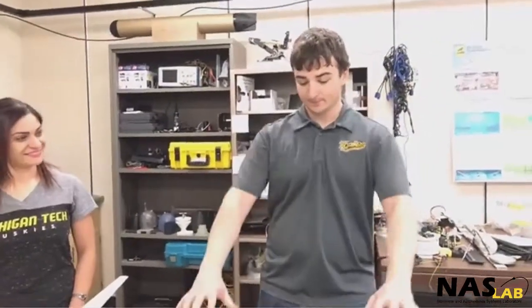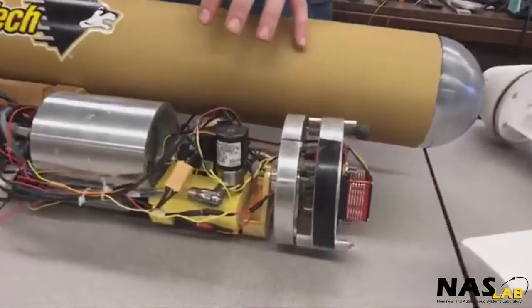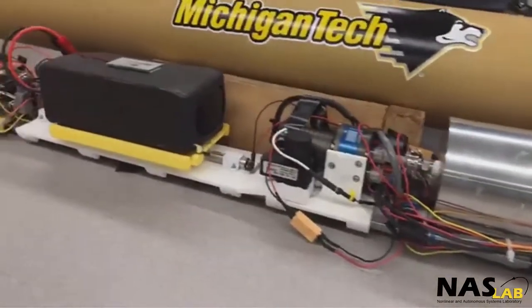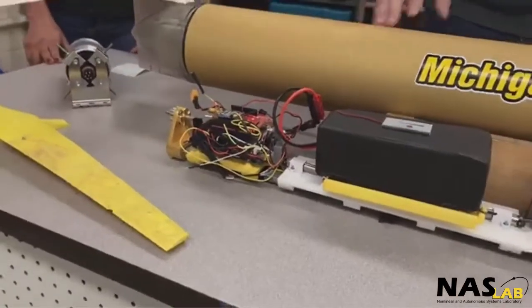And just to give you a sense of the endurance of these vehicles, a vehicle slightly larger than this went from New Jersey to Spain on a single battery charge a few years ago. It took it about 6 months to get there. Because of this buoyancy drive system, they're extremely efficient and are able to travel for long distances very efficiently. This enables them to be used for long endurance environmental monitoring missions, such as doing climate change